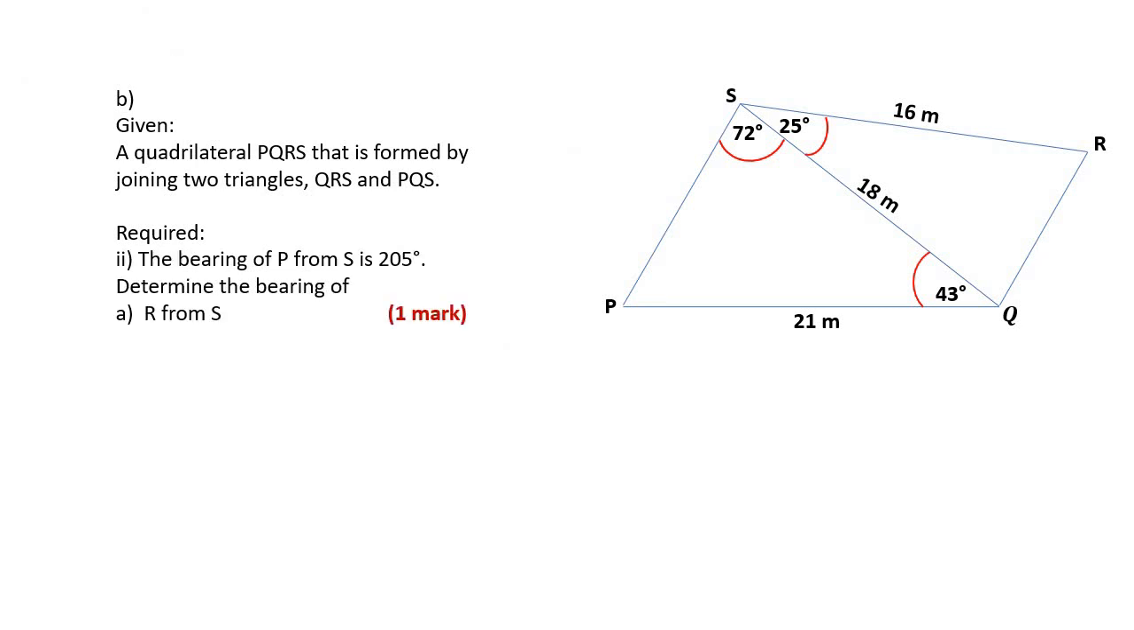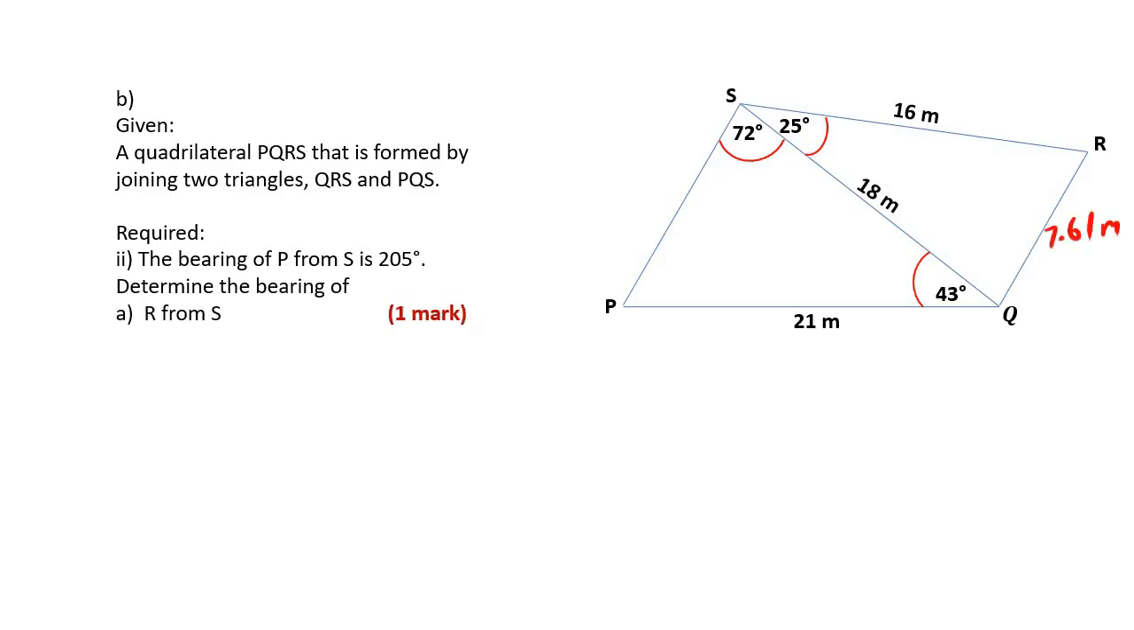Okay, let's go to the next problem. So we know that this length is 7.61 meters. Will we use it? Well, who knows? But let's see what we're gonna do here. Okay, so we're told here that the bearing of P from S is 205. All right, so let's go back. All right, so the bearing of